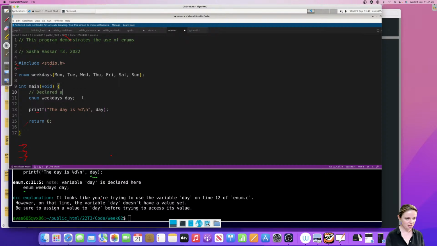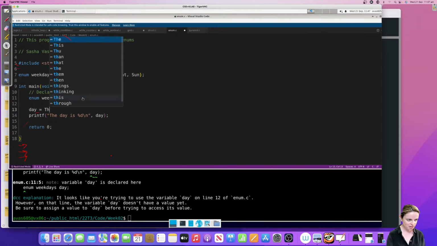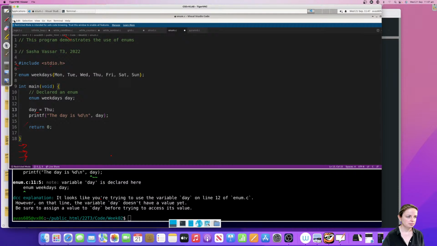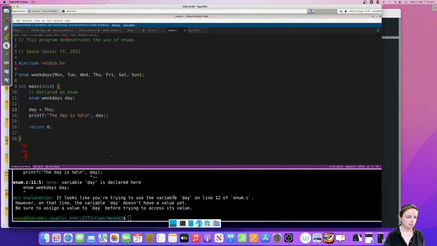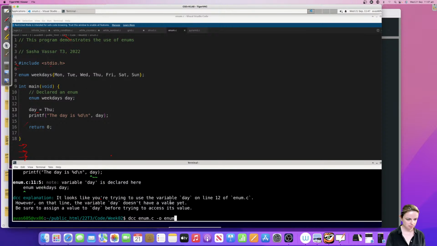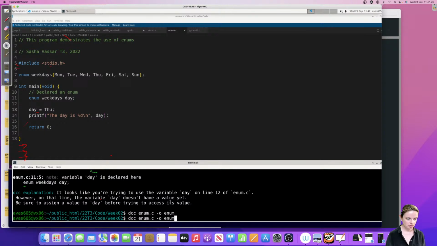I've declared an enum, but I forgot to actually assign any value to it, which is a bit of a problem. It has no value inside it right now. So I need to give it a state. Let's say I'm going to give it Thursday as the state. Okay, let's try that now. So compile and run it.